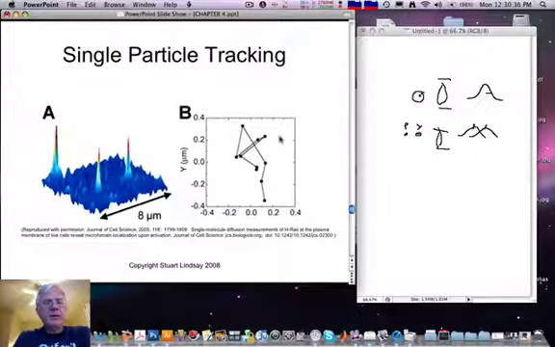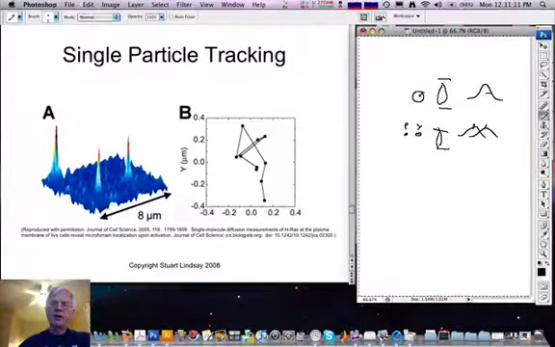Very similar techniques let one track single particles that are moving. For example, membrane proteins in a lipid membrane move around, diffuse on the surface of cells, and so one would like to know what this diffusion is. So here is an image of the single molecule fluorescence from dye-tagged membrane proteins, and by simply mapping the position of the dye as a function of time, so here is an XY plot showing how the dye has moved